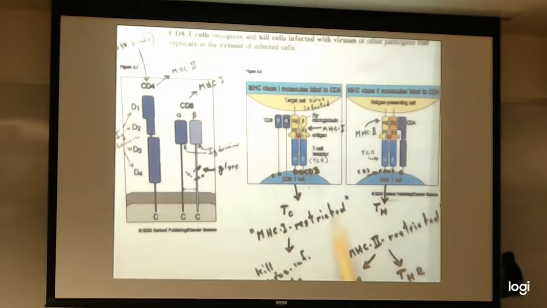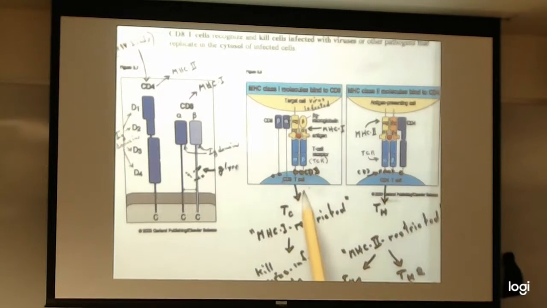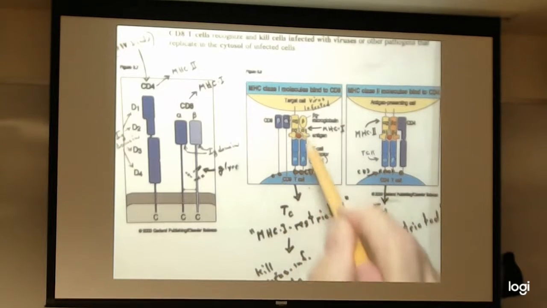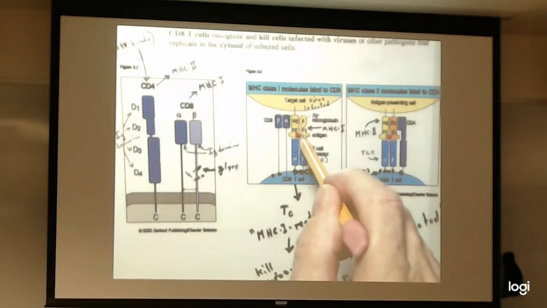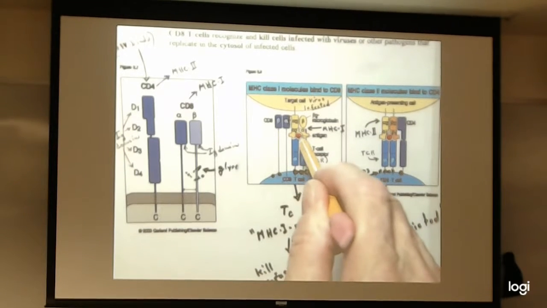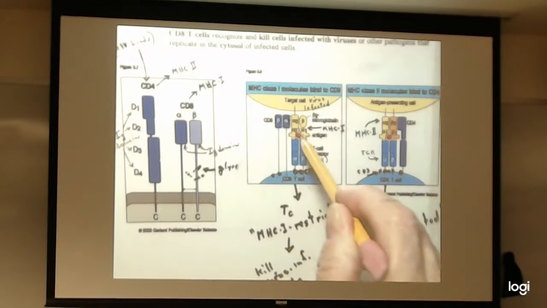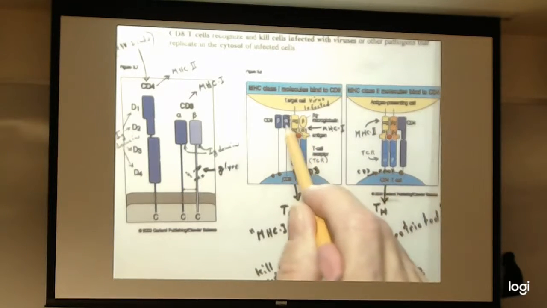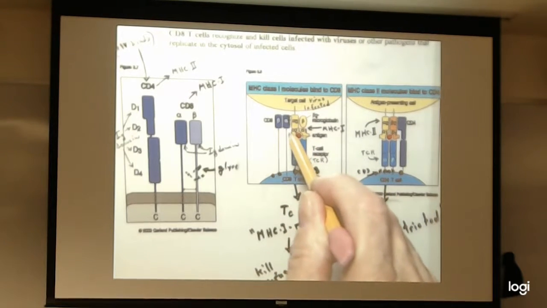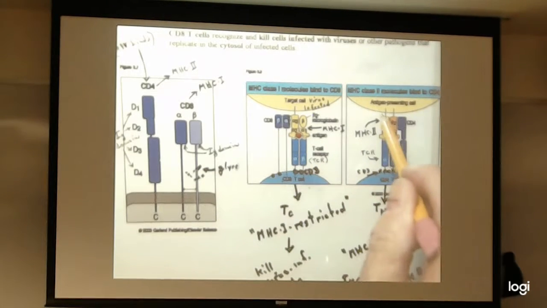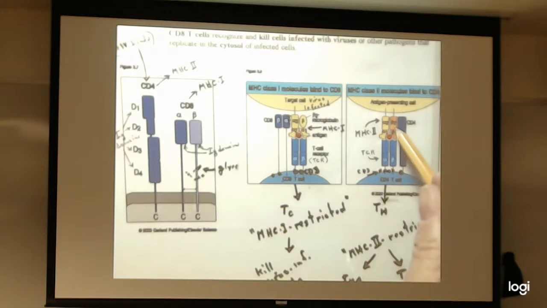So, here is an MHC1 molecule presenting a peptide. Now, is this peptide going to be derived from extracellular bacterial foreign proteins, or is it going to be derived from intracellular viral proteins if it's being presented by class 1? Intracellular, right? Now here's the class 2 MHC presenting, of course, now you know it must be this one is